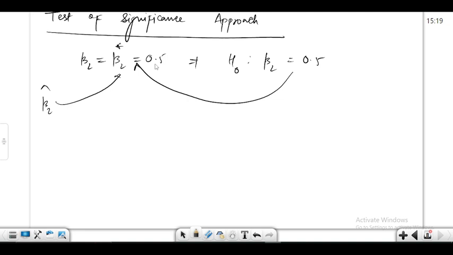So whatever level of significance you have chosen, corresponding to that t value or the range of t value, check whether your experimental t value that you have received from the data is lying in that range or not. So if it lies in that range, then you do not reject the null, and if it doesn't, then you reject the null. Okay, so the t value is calculated using